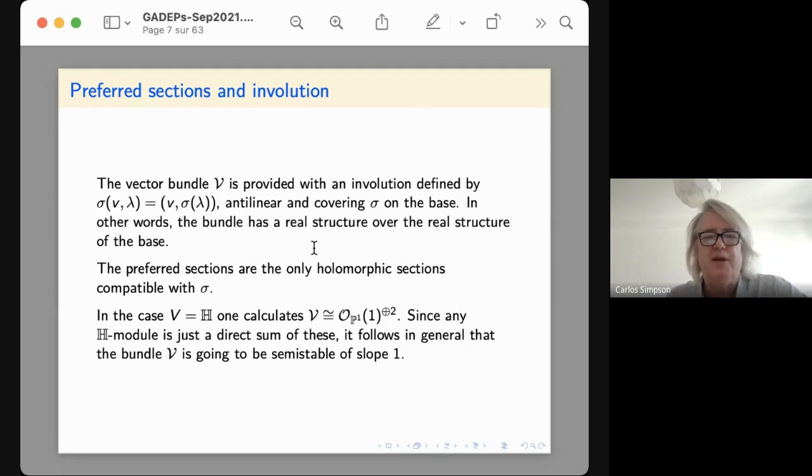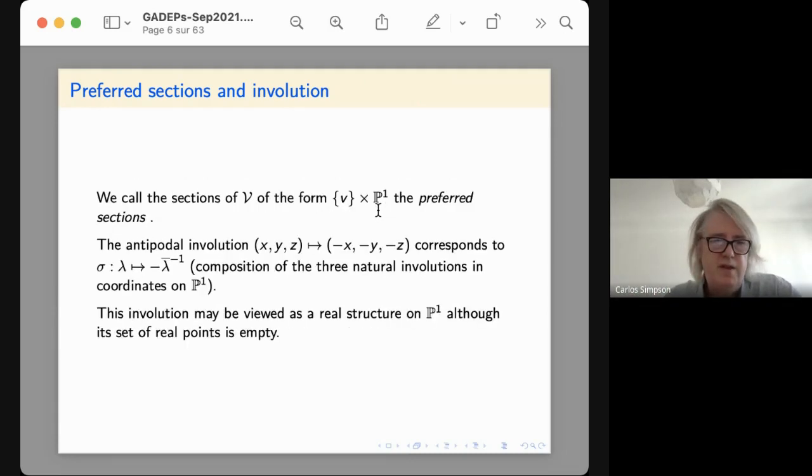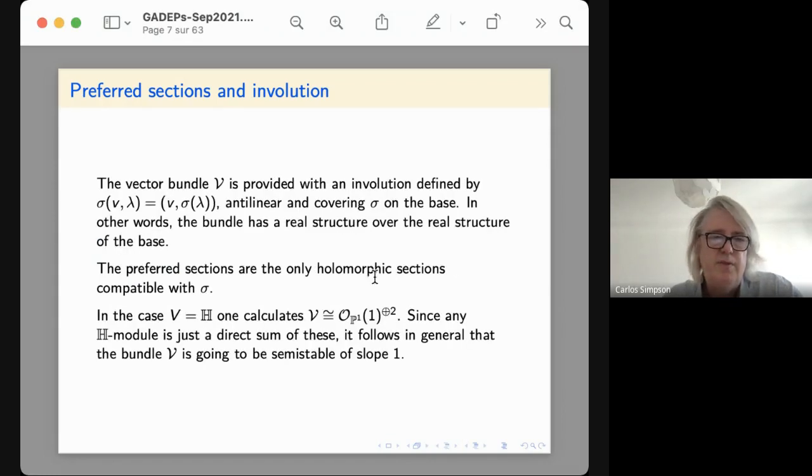And the vector bundle that we defined before is provided with that involution by sending sigma v comma lambda to v comma sigma of lambda. So it's something that preserves these preferred sections. It turns out to be antilinear for the complex structure. Of course, as you can see here, this involution here, right? Can you guys see that? Yeah. You can see that that's antilinear in lambda, right? Because it has a lambda bar. So this is an antilinear involution of the vector bundle,